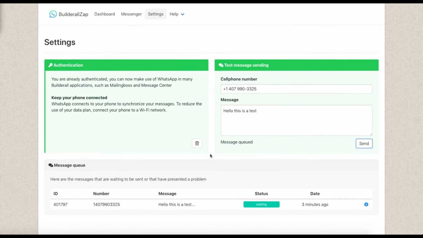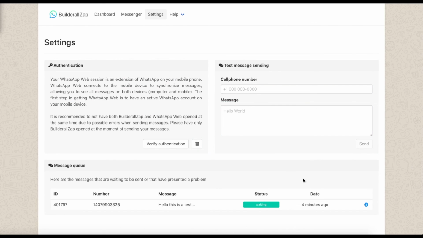Once you click on send, it is going to appear over here on the message queue: the ID, the phone number, the message, its status, and the date. We can see in the status it says waiting because it's waiting to be sent. It's probably processing. It takes a little bit. We just refreshed and we're going to go to WhatsApp web